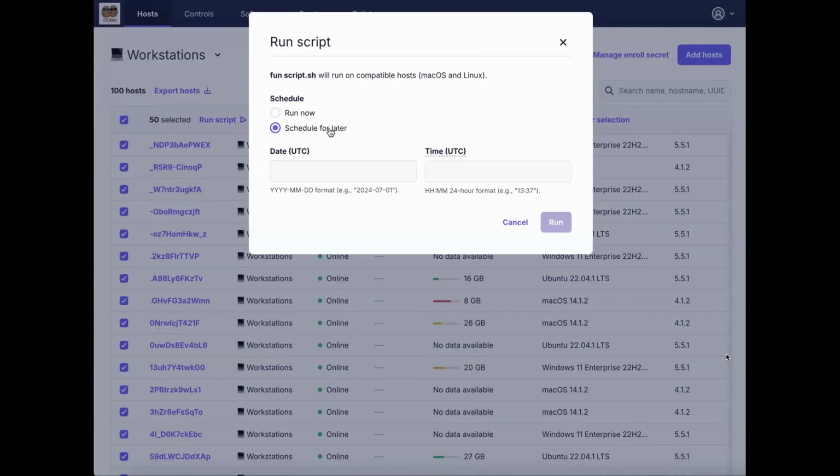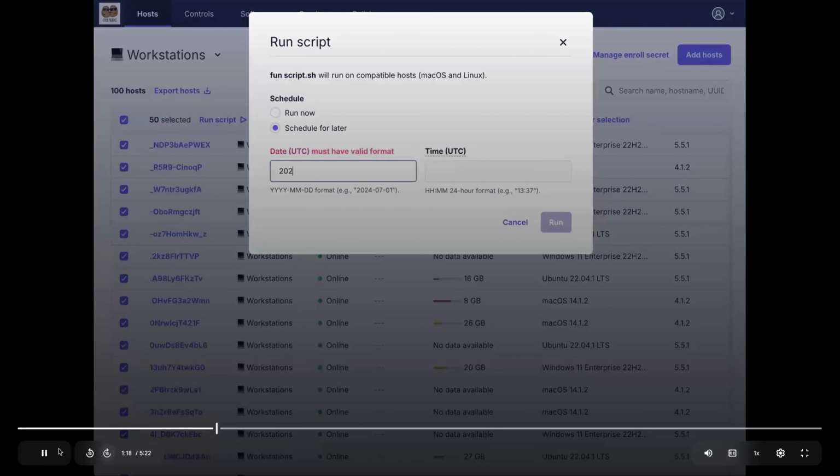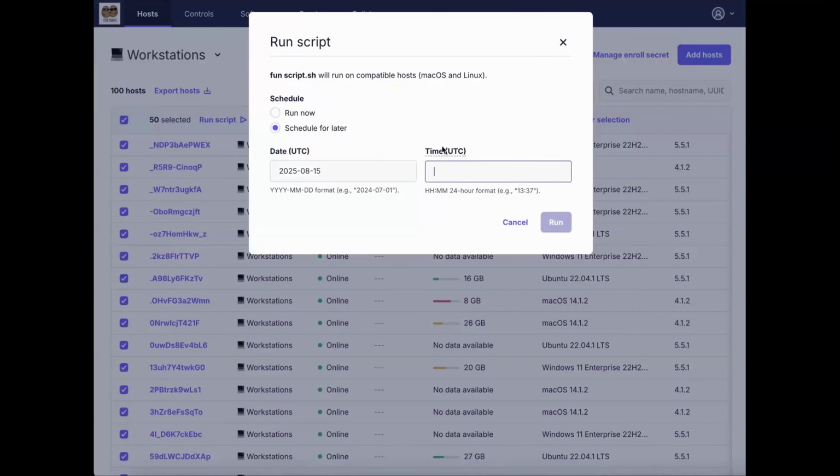If I click Schedule for Later, I'm presented with a form where I can specify a date and time when I'd like the script to run. Note that the date and time are in UTC, and to help you do that time math, you can hover over this time label to get the current time in UTC. So let's schedule a script to run in a couple of minutes. I'll use that time math here. Okay, so I want it at 4:08 in UTC. When I click Run,